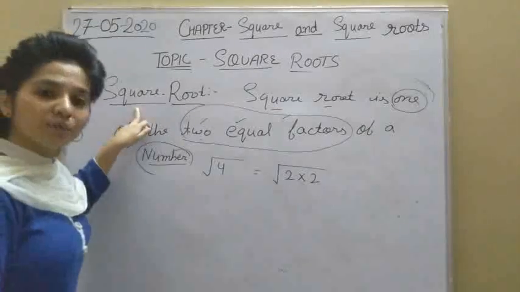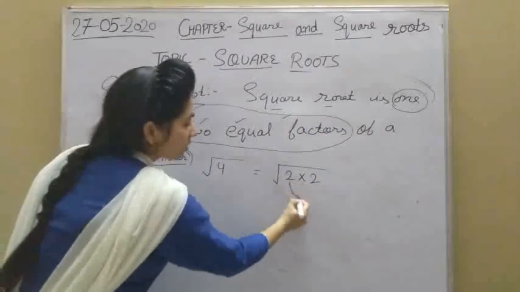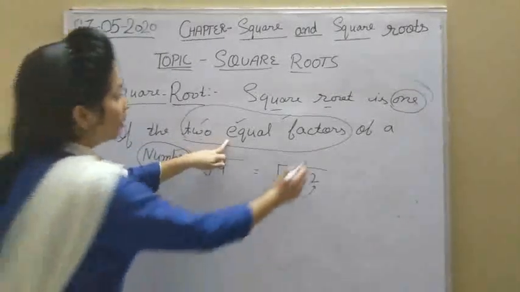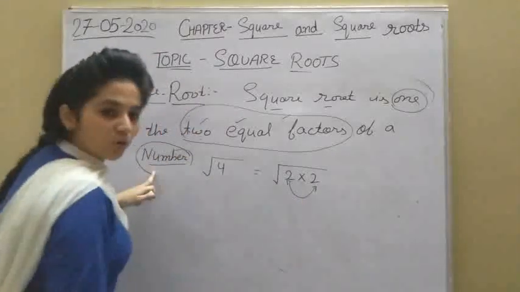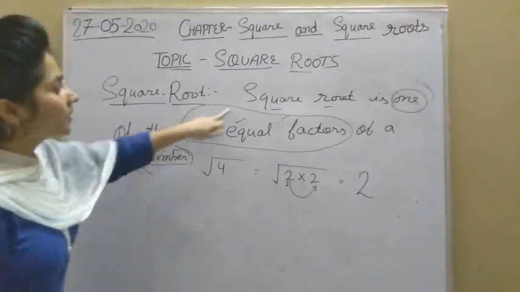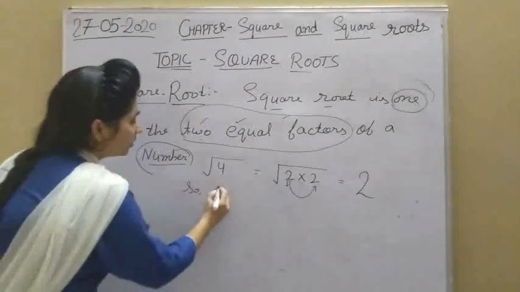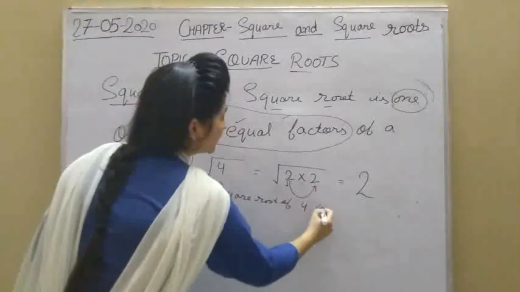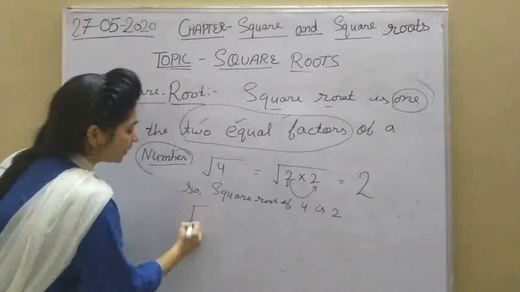According to the definition, square root is one of the two equal factors of a number. जो भी दो गिवन इक्वल फैक्टर्स होंगे उनमें से जो एक नंबर आएगा, जो एक फैक्टर हम चूज करेंगे, दिस विल बी द स्क्वायर रूट ऑफ द गिवन नंबर. सो स्क्वायर रूट ऑफ 4 is